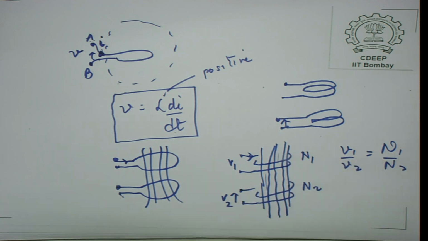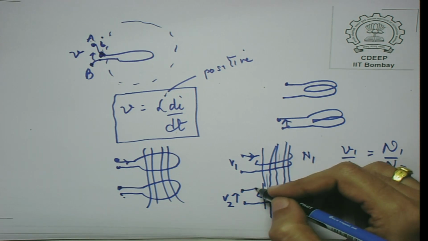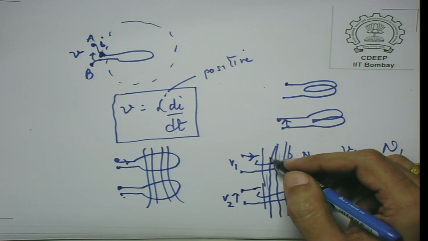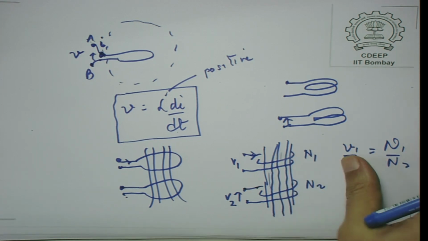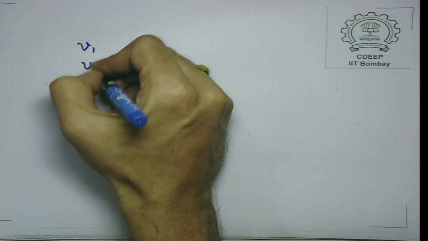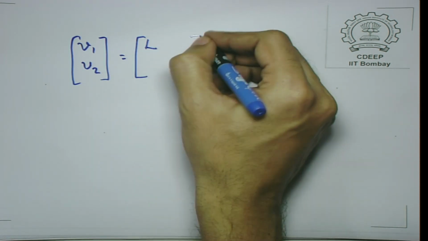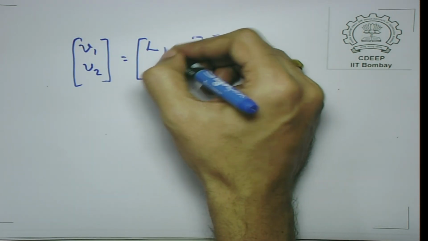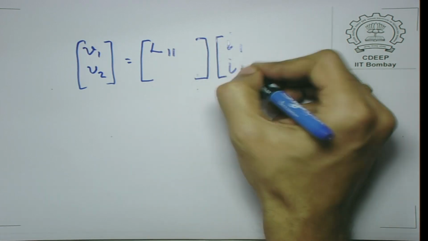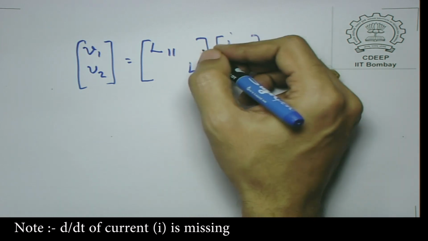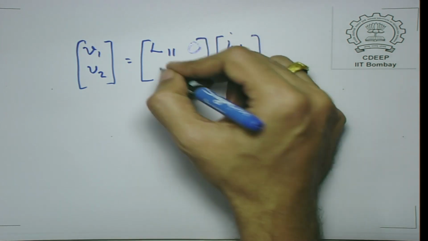So, under these circumstances you have what is known as a mutual inductance. In fact, a current in this coil can also cause a flux which links with this coil. So, in fact, the relationship now becomes a vector kind of matrix relationship: V1, V2 is equal to L11, L12, L21, L22 times I1 and I2. If there is no mutual inductance between them, this would be 0, in the sense that if there are